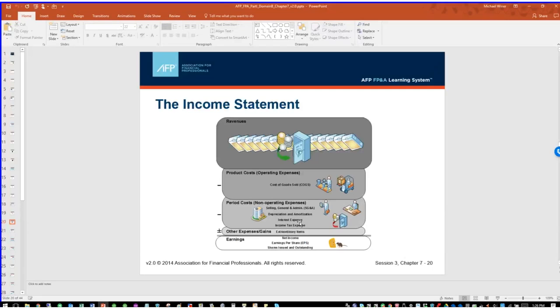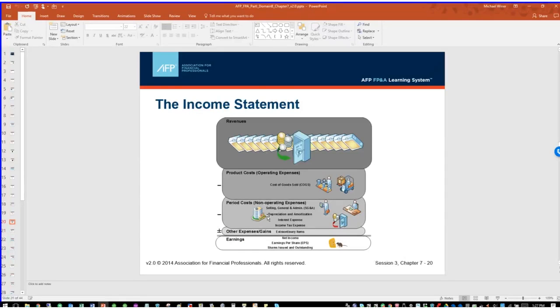Okay, then after product costs and a gross margin, we have period costs. And I don't like the use of the word non-operating expenses there, because that's not correct. That's a slide typo. Most of these are operating until you get down. Anyway, I don't want to spend too much time on this. So you have an operating expense section, then very often a non-operating expense section, then extraordinary items to get to net income.